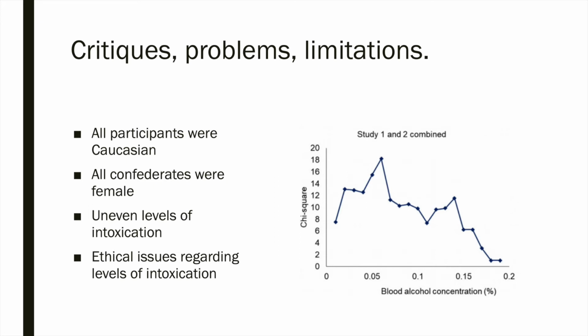There was an uneven level of intoxication, which you can see in this graph, which combines the levels of intoxication and the number of participants between study 1 and study 2. And this is also where you get those inaccuracies in study 1, as in study 1 the level of BAC cuts off here. So no one really exceeds 0.15. So there's no one that is extremely intoxicated in the study. So a lot of the results are fairly central and fairly similar, as no one in the first study is overly drunk. So people are all operating on a fairly similar basis.